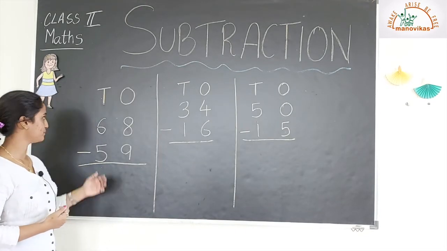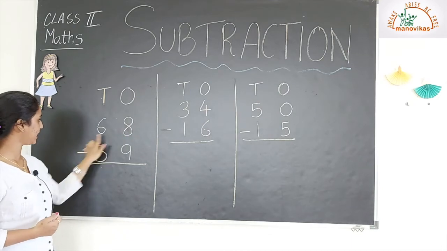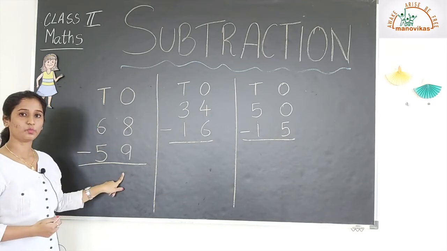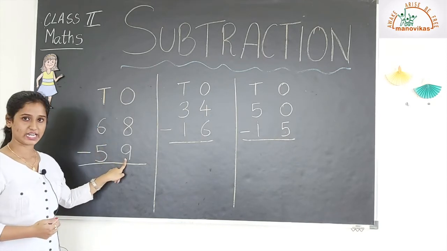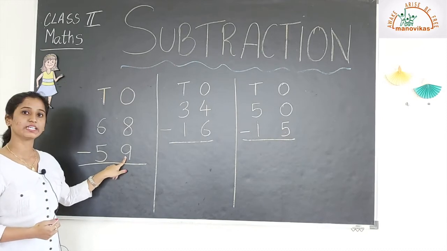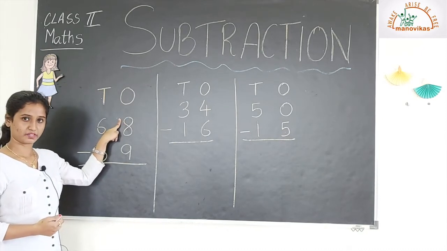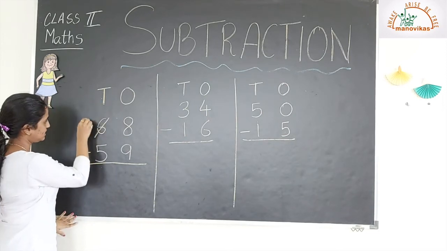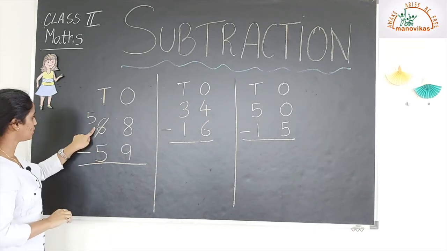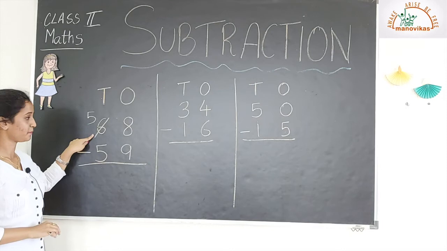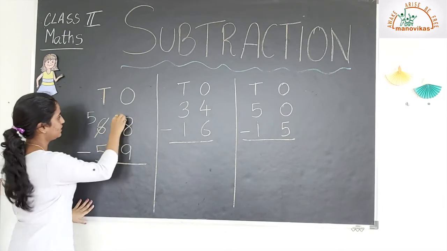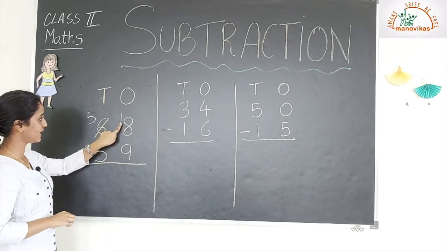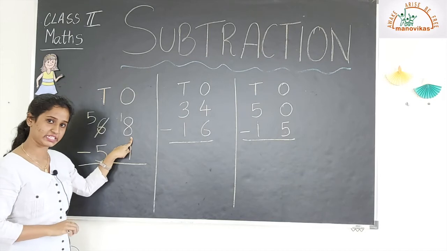I have a few more examples. The first one is 68 minus 59. Okay, so we start with the ones column. 8 minus 9. So the below number is greater than the above number. Correct. Now we go to the tens column. So we cancel here and we replace it with 5, because 6 minus 1 will give us 5. 1 will be borrowed, correct? We write it against 8. So it is 18 because this is 10 and this is 8 ones, which gives us 18 ones.